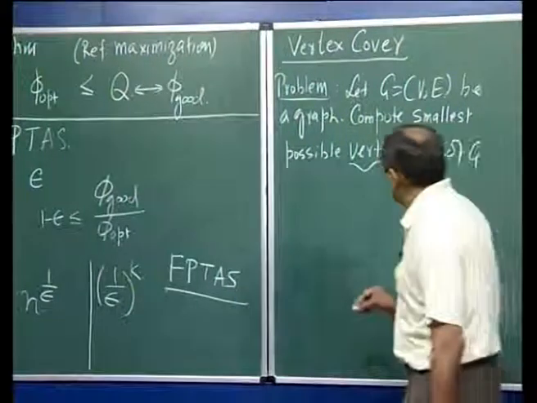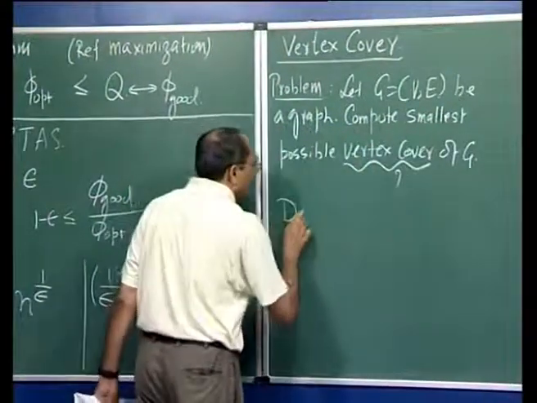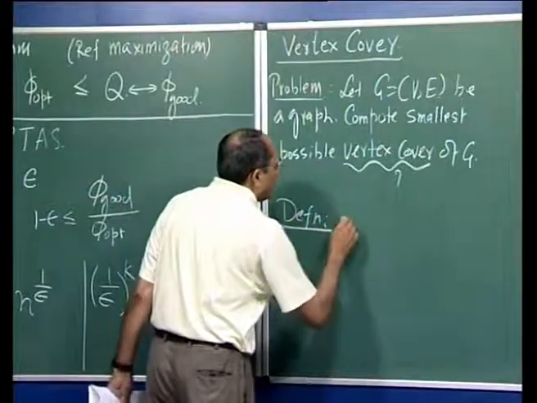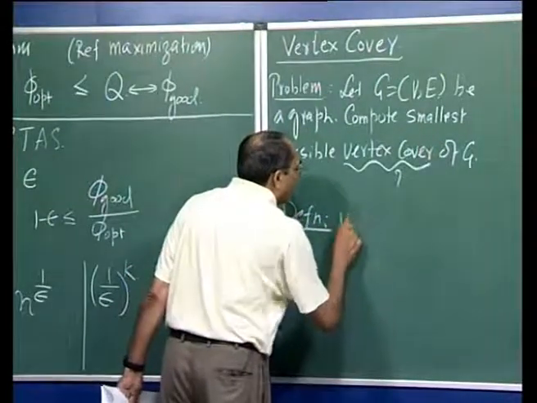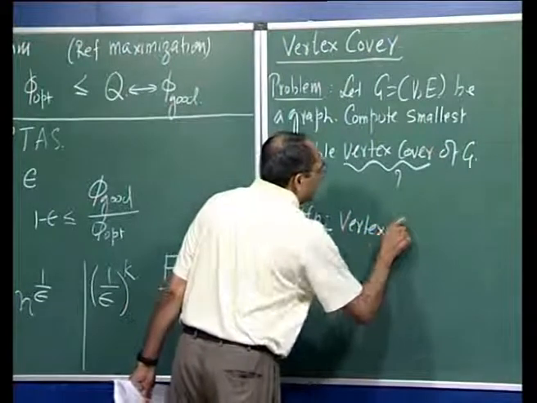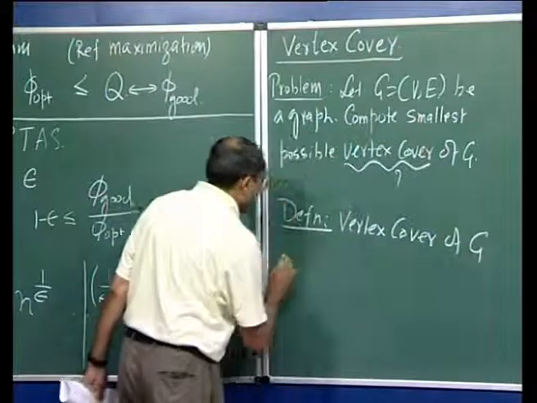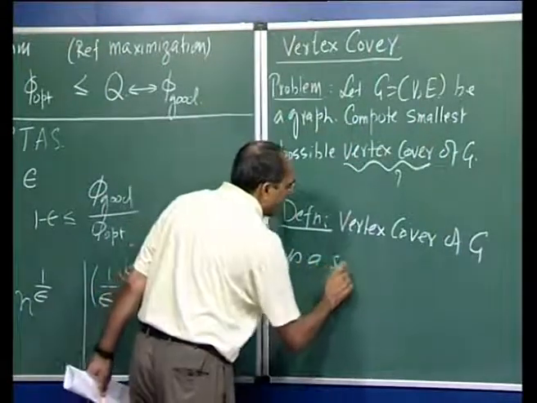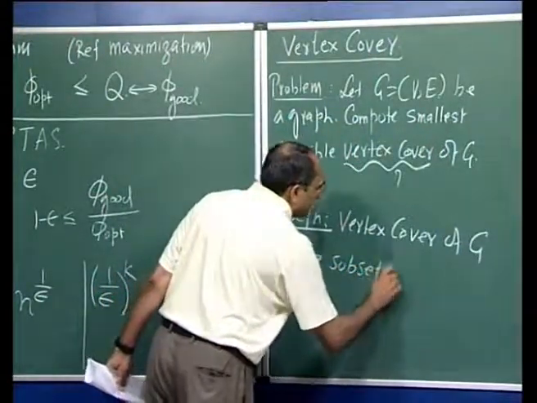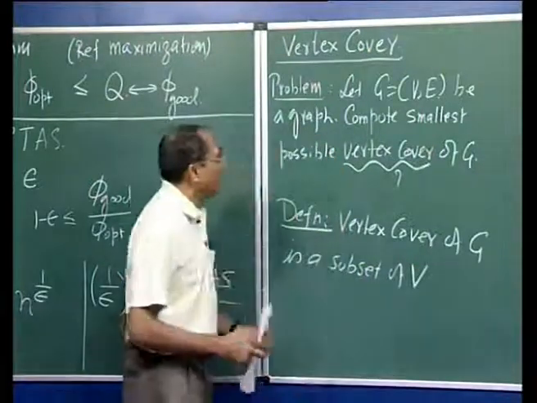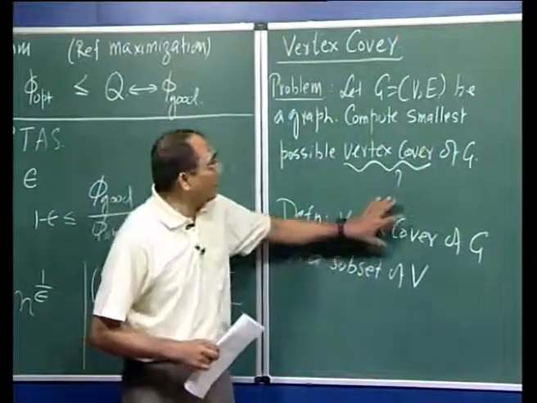So, the vertex cover of G is a subset of V. It is a subset of vertices